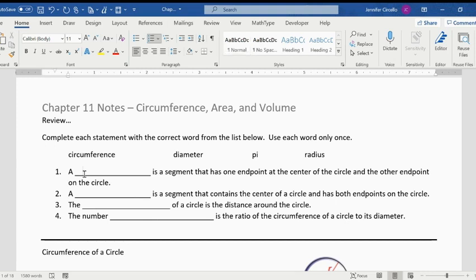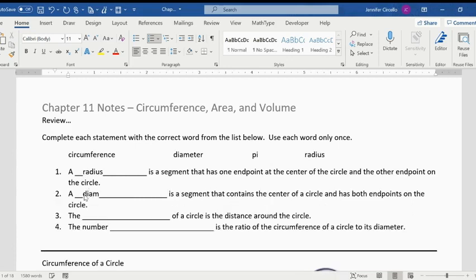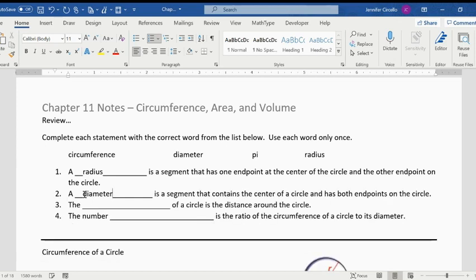Okay, the first one says a blank is a segment with one endpoint at the circle center and the other on the circle. That's a radius. And then the next one is a segment with 2 endpoints on the circle. That's the diameter. Then the blank of a circle is the distance around the circle. That's the circumference. And for the last one, the number pi is a ratio of the circumference of a circle